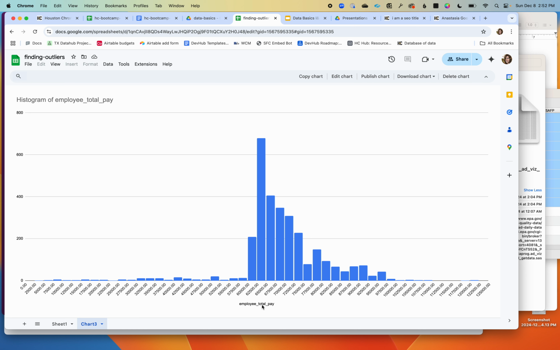So the way that you would read this is 679. Visually, we can see that that is the most in our group. 679 teachers make between $62,500 and $65,000. So this is kind of, and then you can see these big bars are where most of